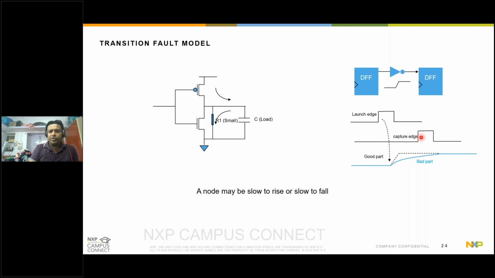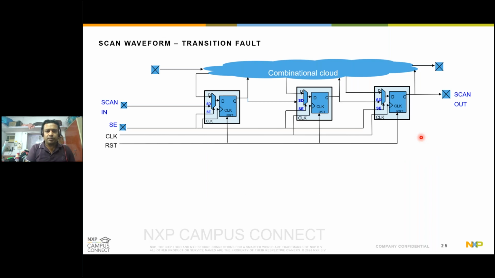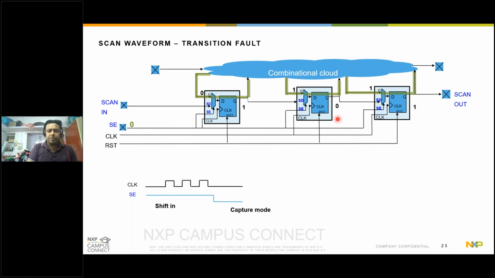Now let's see how you can detect these kind of faults using the scan technique that we discussed earlier. So this is my same combinational cloud and scan inserted flops. The first step is very similar to my stuck at fault testing, in which I will assert my scan enable, and I will basically shift in the desired pattern into my shift registers. Okay. Now for transition fault testing, the main requirement is that I should be able to generate a transition event, right? So here I have introduced a pattern 101, and for which I'm getting a response as 011, right?